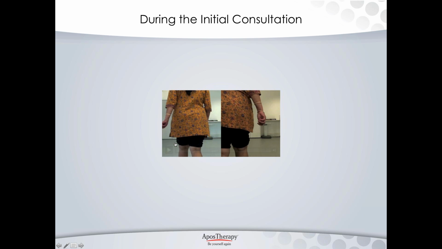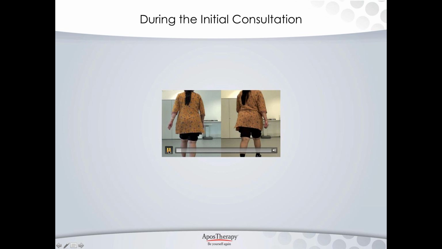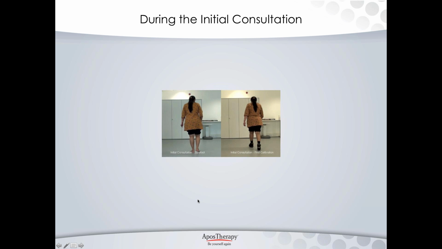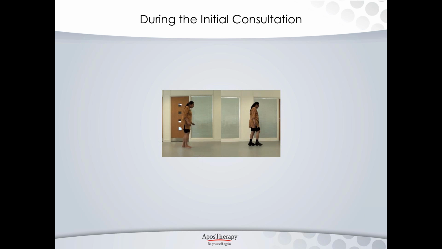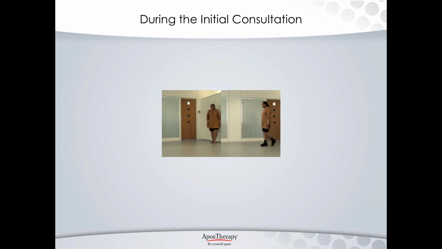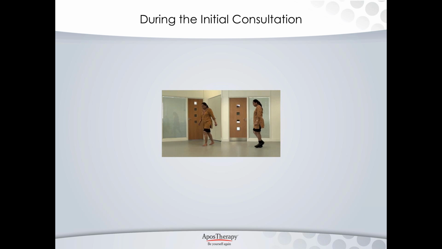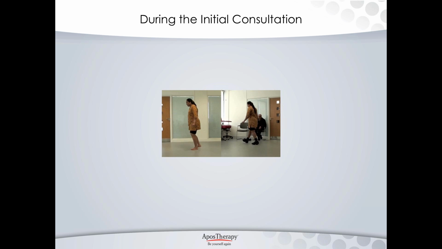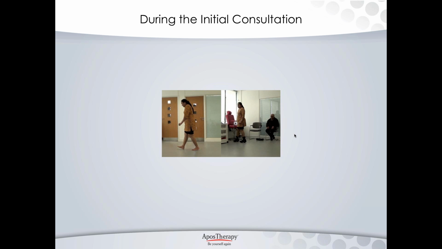Here we have a patient at their initial consultation. I'll play it a few times because it goes quite quick, and I'll talk you through what it shows. This is a lady with bilateral osteoarthritis, the right side more than the left, and patellofemoral arthritis, which is basically the kneecap joint we said earlier. On the left hand side, you can see her barefoot. She's reporting a lot of pain when she's walking, which is why she's limping quite heavily and walking quite slowly.